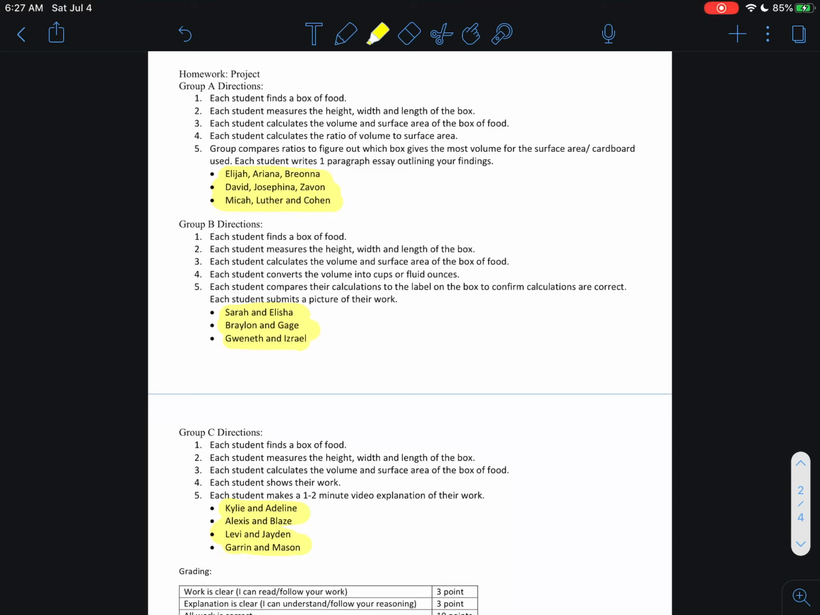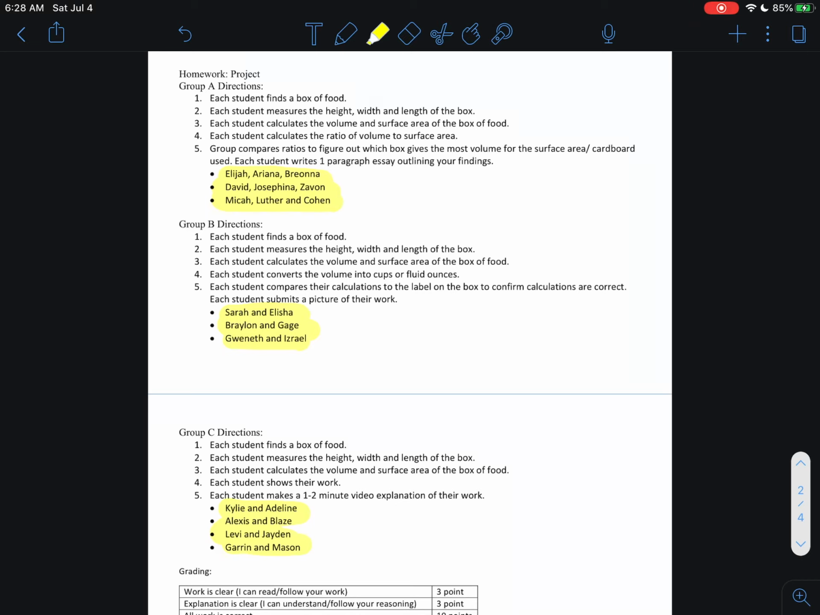So every single group starts with direction 1, which is find the box of food, and direction 2, which is to measure the height and width and length of that box. So you need to take out a ruler or measuring tape, or you could even print out a ruler if you just Google ruler. And you need to measure your length and your height and your width, and make sure that you write those down, because step 3 in all of the directions says calculate the volume and the surface